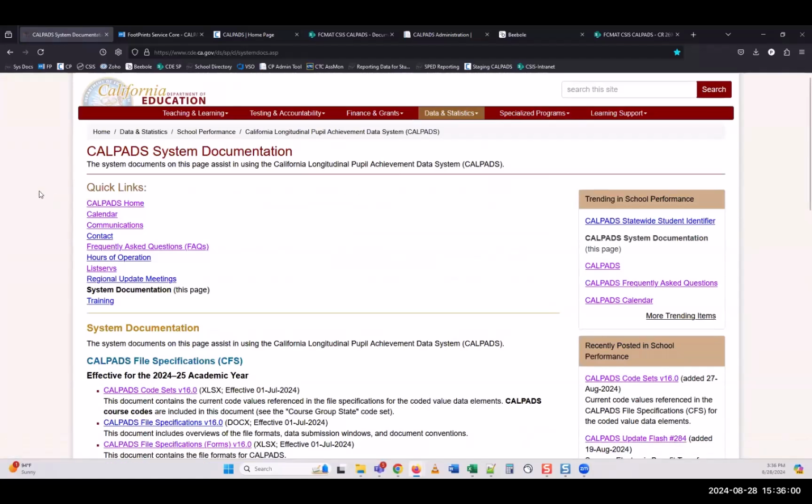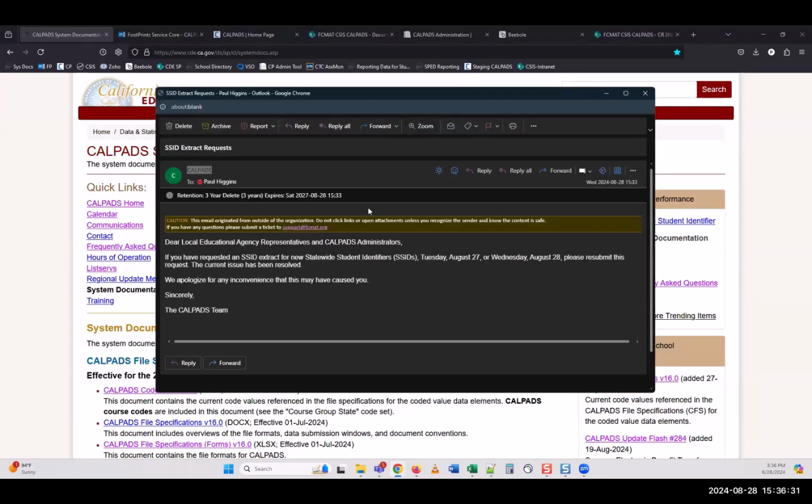Oh, Shelly Ellison just posted, it looks like the SSID extract requests is working now. And picturing Shelly just like that old Mervyn's commercial, just open. She's been requesting all day. I just heard from Marianne that the email is going out shortly. Oh, awesome. And in fact, I just got it at 2:36. Sorry, Angela, I put it in the chat for you, because when you were asking me the other question earlier, I was trying to multitask. I was failing this call. Shelly says that is definitely her, Angela.